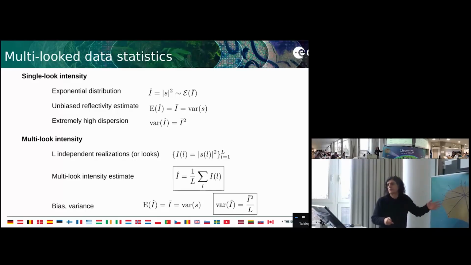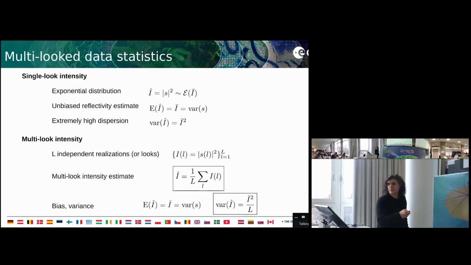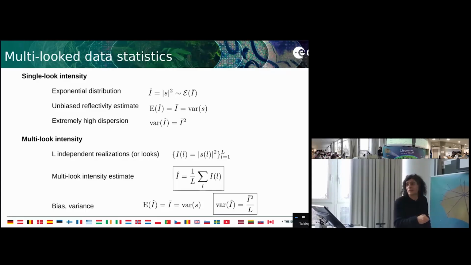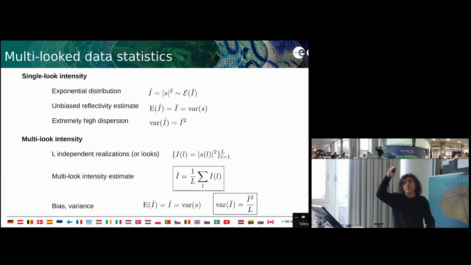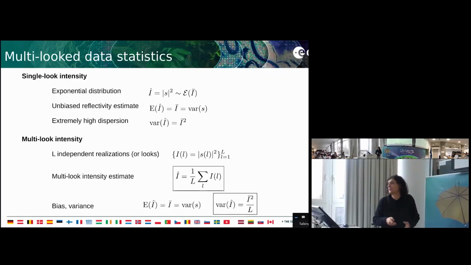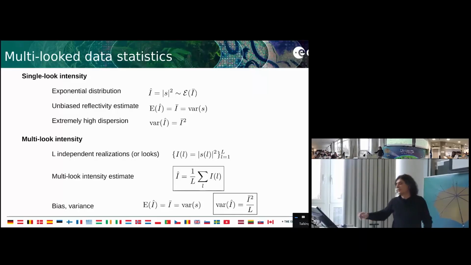It is optimal in the normal case. You cannot do better. By doing this, you keep this very nice property of no bias. So if you do this, the mean of your estimator will correspond to the true value, which is always something we're looking for. And the variance, compared to what we saw before, has been divided by L. So you are dividing the dispersion by the number of acquisitions you use to compute the intensity. So this is excellent. You need to average as many samples as you like to reduce the effect